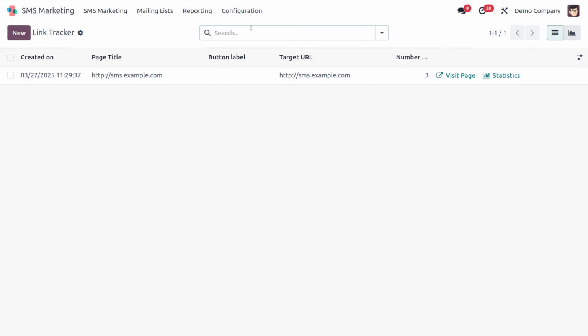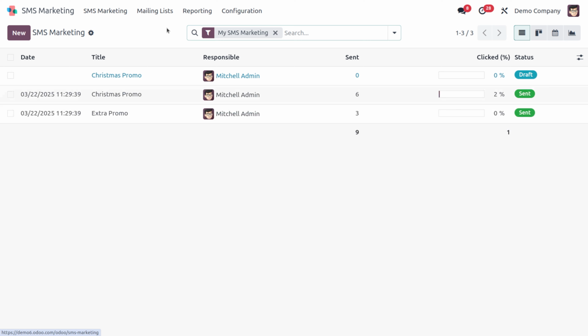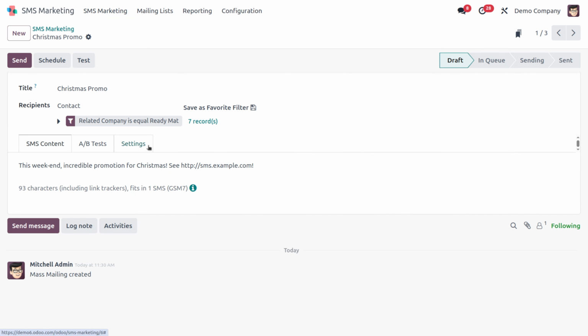So we are going to the previous page. While going to the previous page, you can see our SMS marketing dashboard here, and our SMS is drafted. While clicking here, we'll be back. And you all may have a doubt: how can we assign a particular person to be responsible to track all of these links? Here we have the answer.